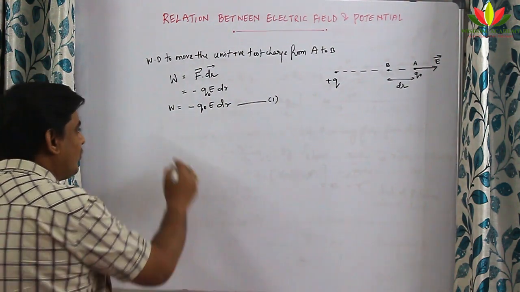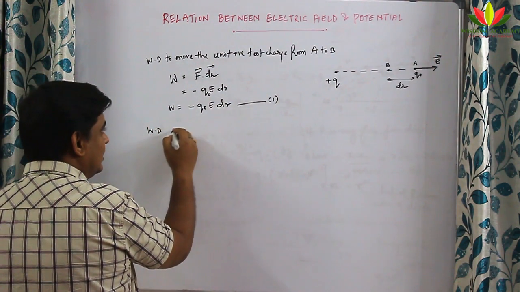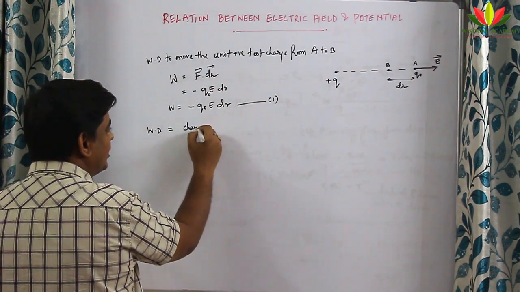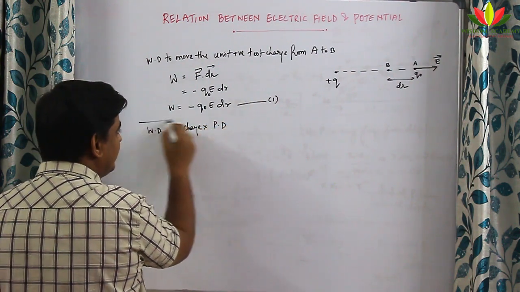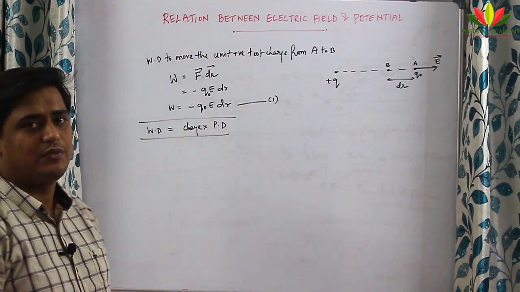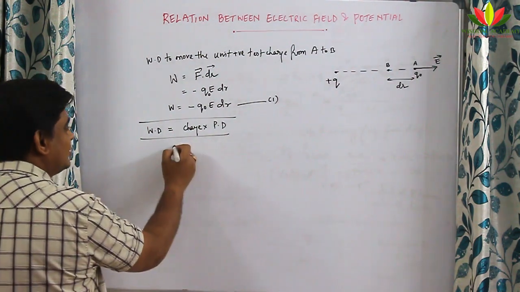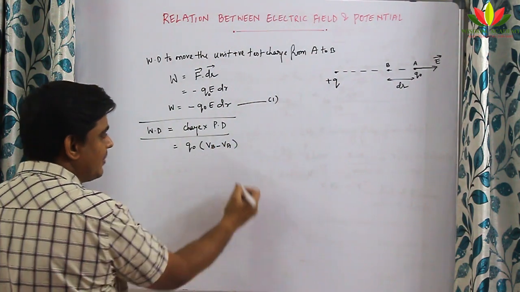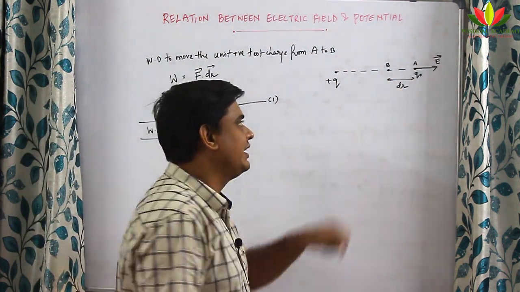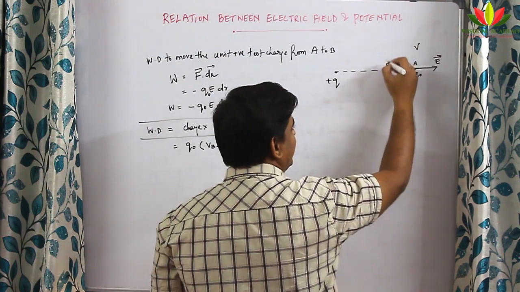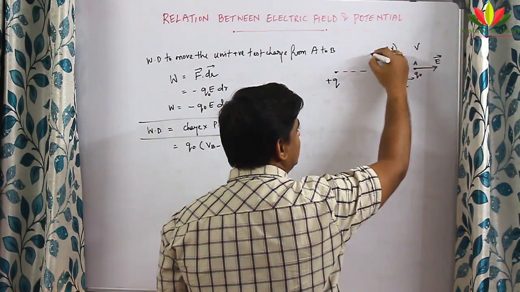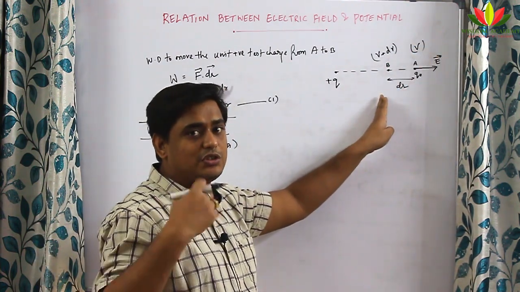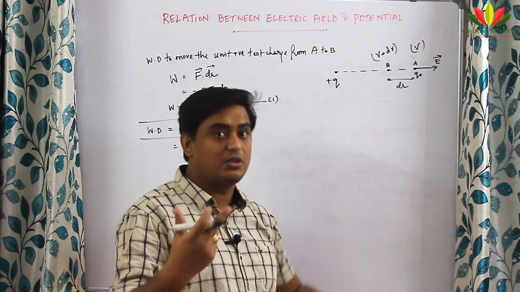Now, what I am going to do? I am going to find another work done, same work done in another form. So, work done is also equal to charge times potential difference, right. So, this we have seen in the definition of potential difference, that is work done per unit charge. So, what is charge? Q naught. What is the potential difference? That is VB minus VA. Why I am writing VB minus VA? Because potential at B will be more than A. If potential at A is V, potential at B will be V plus dV, isn't it? Because when you try to move it from here to here, you have to do some additional work. So potential of B will be more than potential of A.